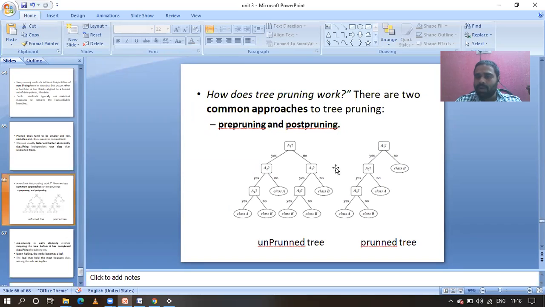That is why I have removed all these things and pointed to class B, guys. In this way we are going to prune, means reducing the size. What I have done is I have compressed this decision tree. Write down this diagram, guys.